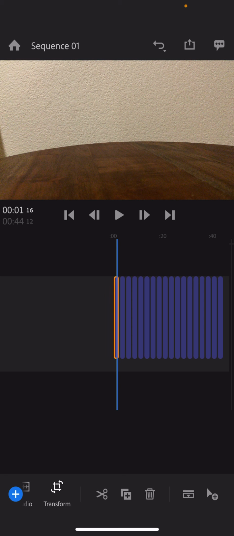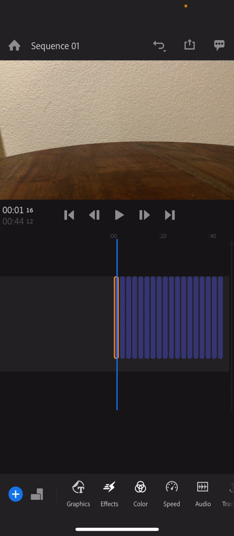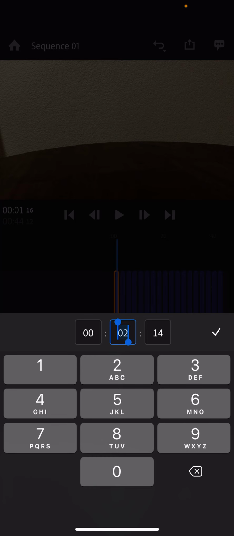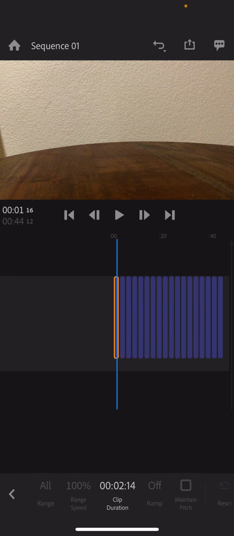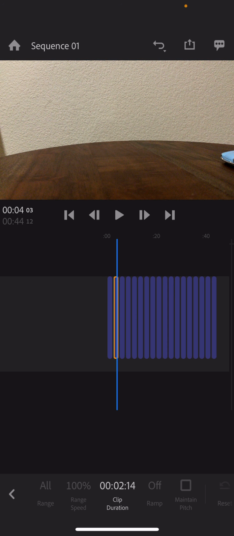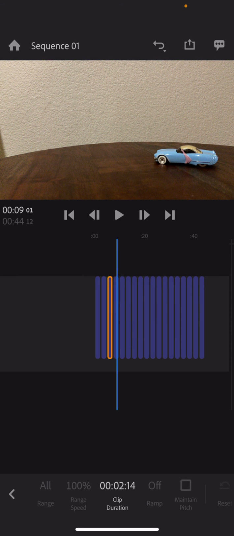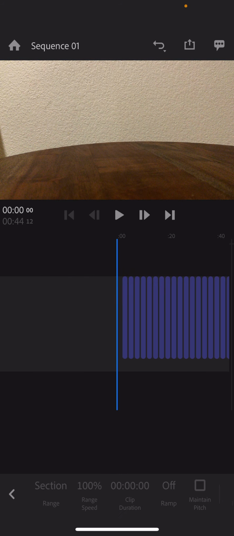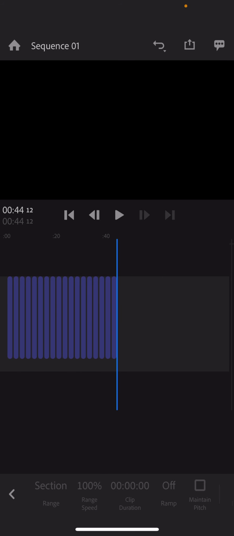And if I wanted to do this the long way, I would select my first frame. I would come over here to speed, and I would change the clip duration to a shorter length. We could change it to 1 second. We could change it to half a second. We could change it to whatever we wanted to do. But then I would have to do that same thing to all 19, 18 of my individual pictures. Instead, I'm going to do something else. I'm going to take the video that I've got,